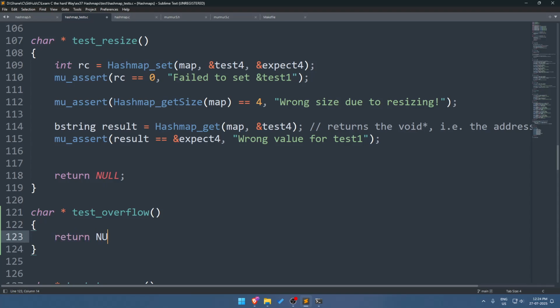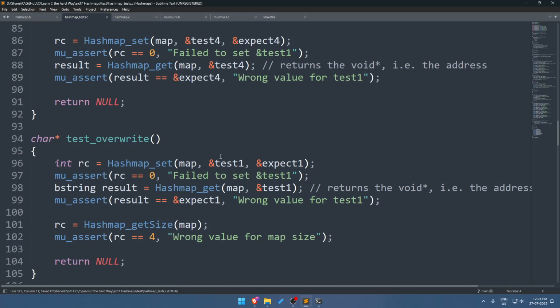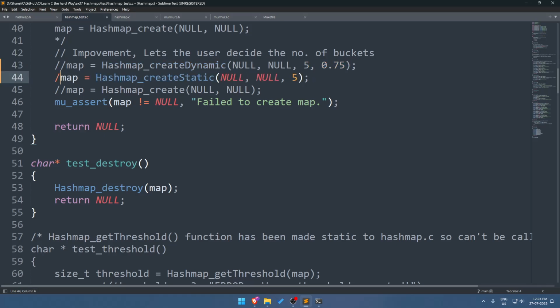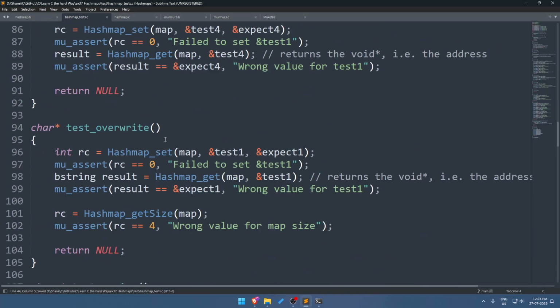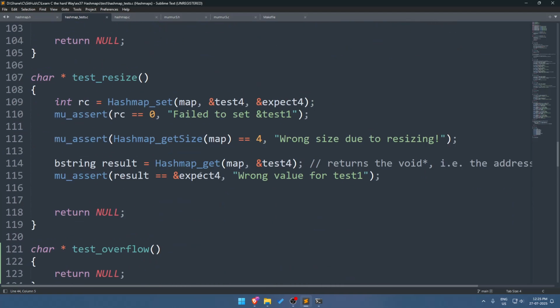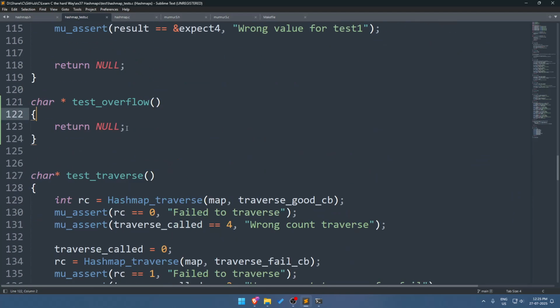Okay, so I have here I create a static array, static hash map with size 5. So if I insert test resize expect 4, if I try and insert two more values,